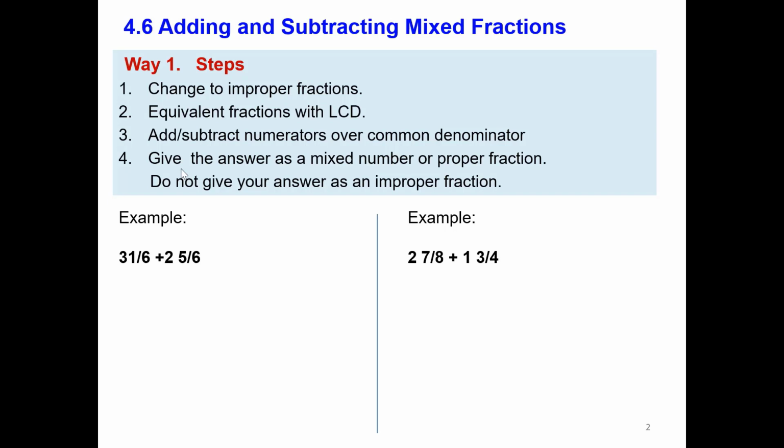Let's start with the first one. We have 3 and 1/6 plus 2 and 5/6. We want to change these into improper fractions. To do that, remember, we multiply 3 times 6 and then add 1. 3 times 6 is 18, plus 1 is 19, and we keep the same denominator. 2 times 6 is 12, plus 5 is 17. Then it will be 17